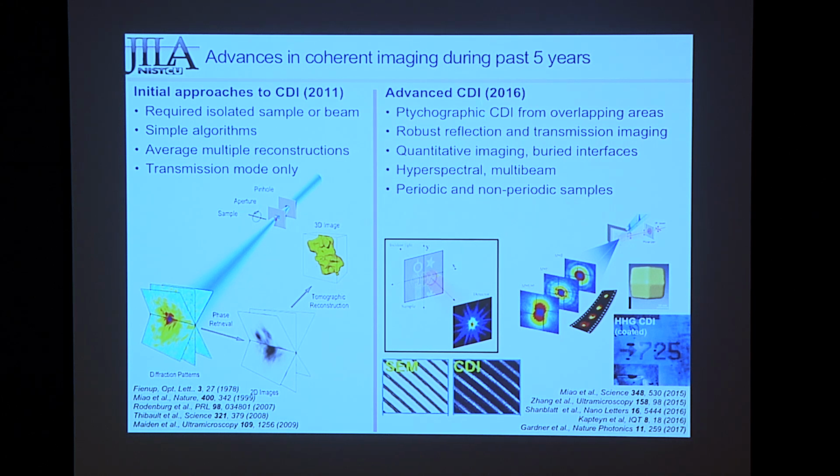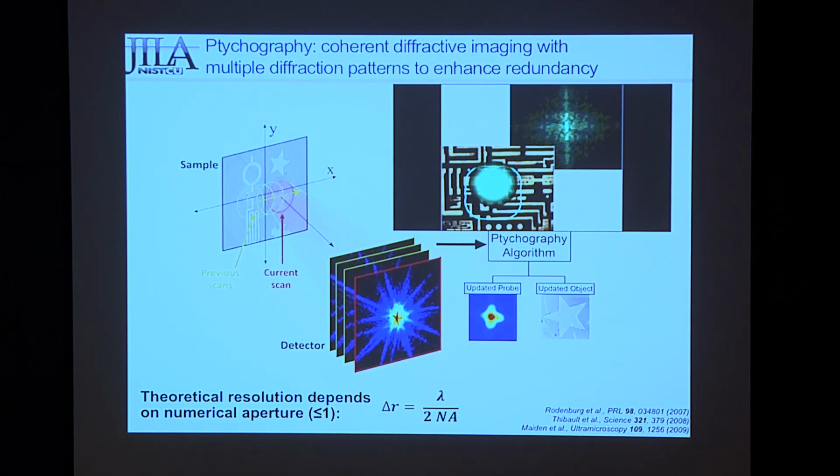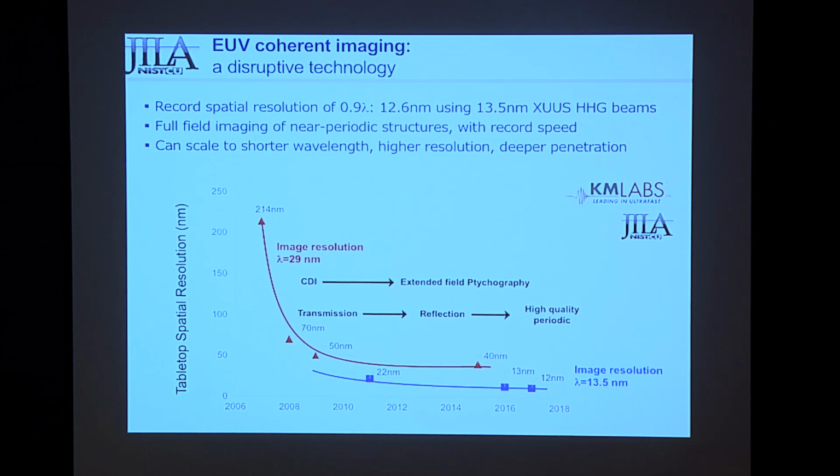And now essentially people are very, very serious that it's taking over every synchrotron, every free electron laser. Many companies are now implementing this ptychographic imaging. So this is a little cartoon of how it works. You scan your laser beam with overlapping images and then feed into the phase retrieval algorithm, and then you recover an amplitude and phase of both the illumination and of the object. So it's really nice, and then you can reach diffraction limited. And in fact,